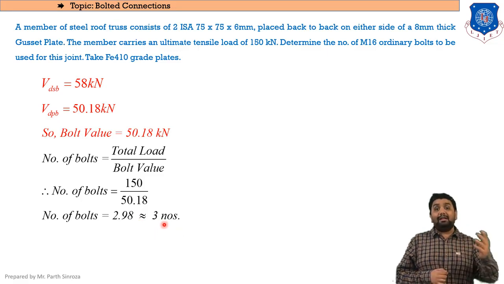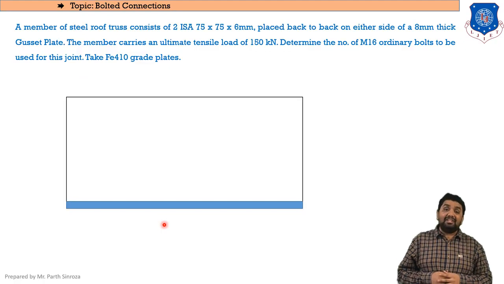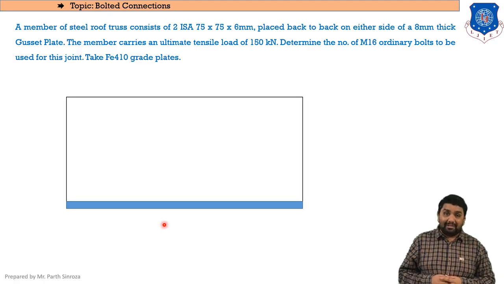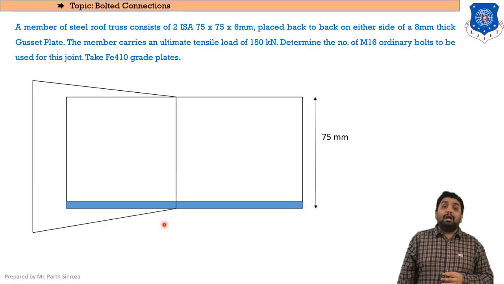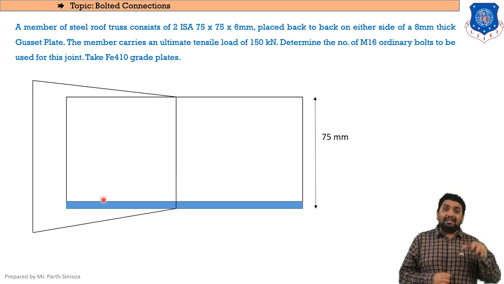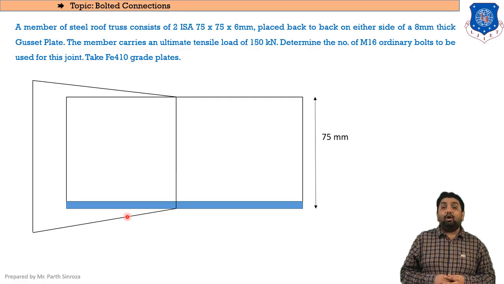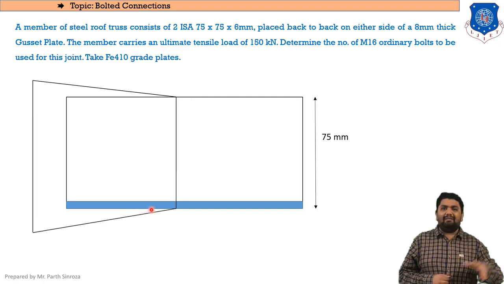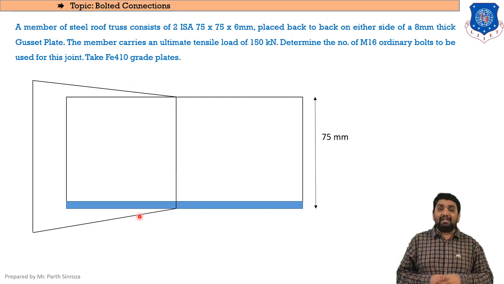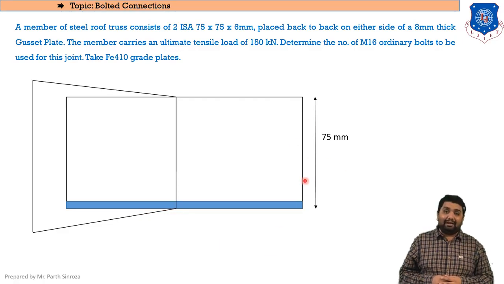So coming to the final figure, this is the sectional or cross-sectional view that we will deal with, and it will be connected to a gusset plate. Clear? So this is a gusset plate. We will always represent it in the form of a wedge. As we have seen in the friction chapter in your mechanics of solids, it is a wedge type of structure. We will always represent our GP in the form of a wedge, and this longer dimension, as you can see here, is the dimension of the longer or connected leg, that is 75 mm.